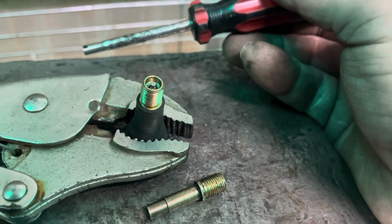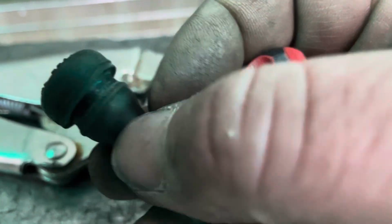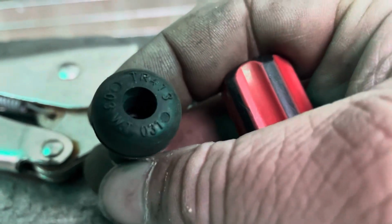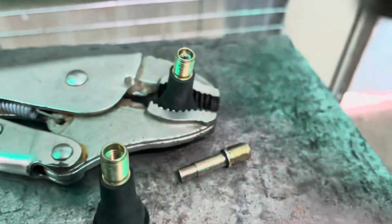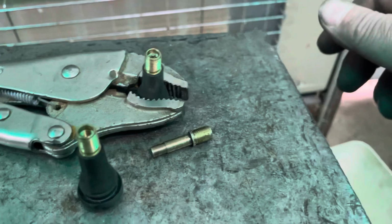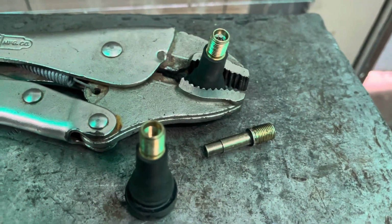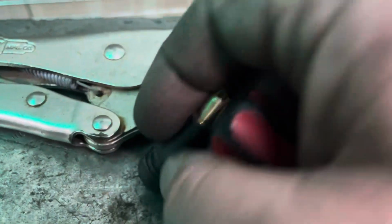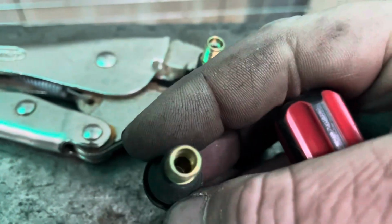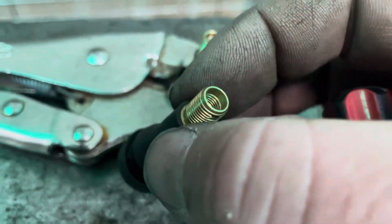On a tubeless tyre of a car, well, that's just one of those. Now, not everyone's got these. These are ones I've recovered out of tyres. You can buy them quite cheaply on the internet, or when you're getting your tyres done, you can get it done at the tyre dealer. But this channel's about saving money and trying to do it yourself. So obviously, if I'm throwing even a steel rim, if I'm cashing that in or giving it to my steel scrapping guy, yeah, shout out there to